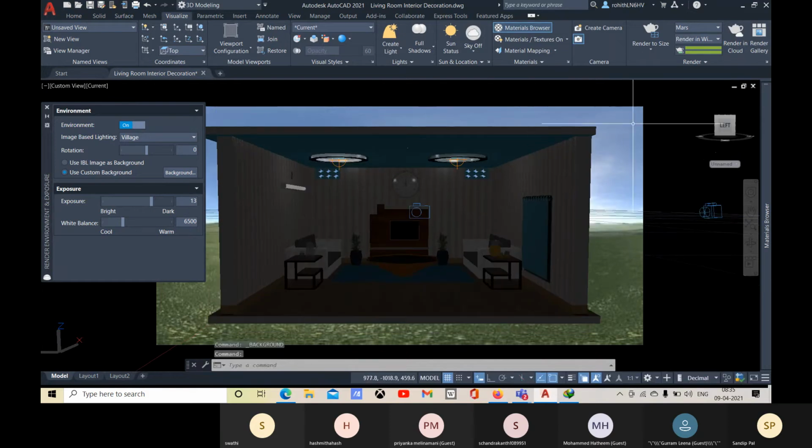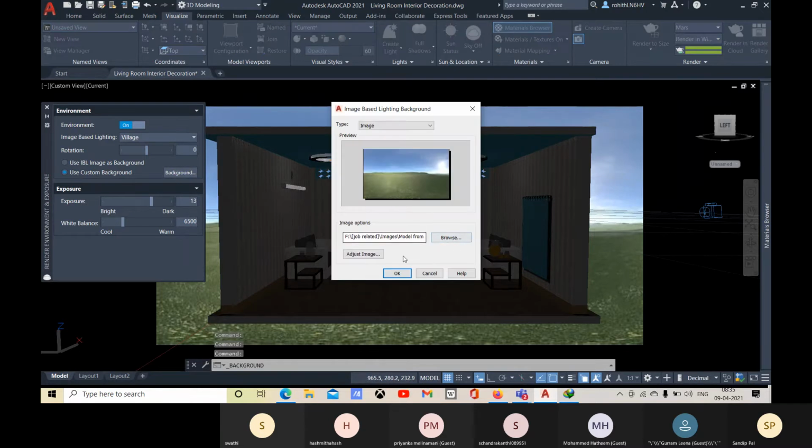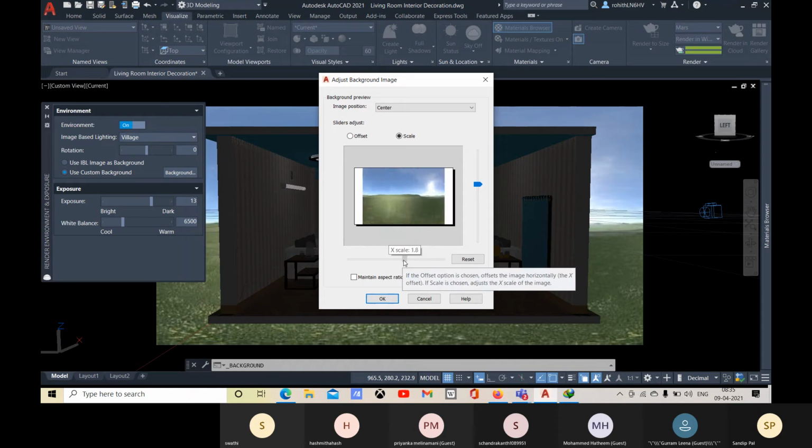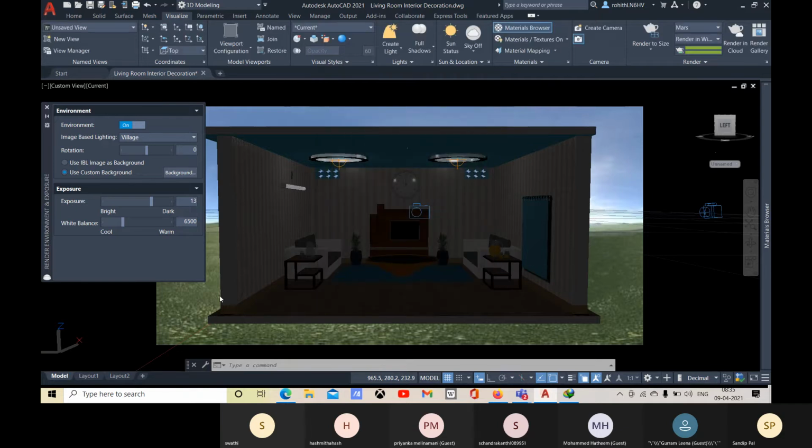So about the image, I had to make it adjust the image. Let me click on OK.